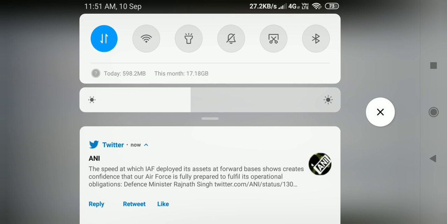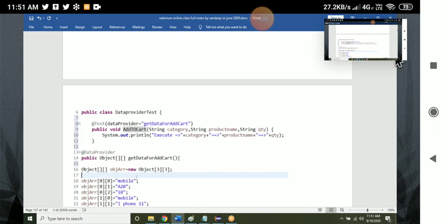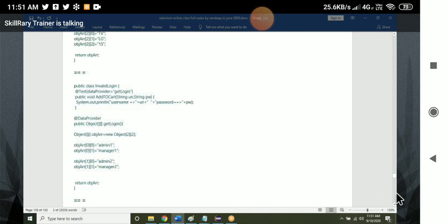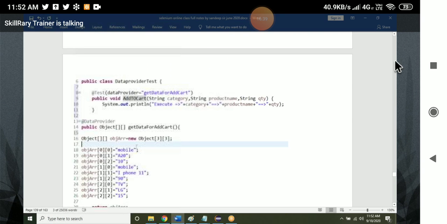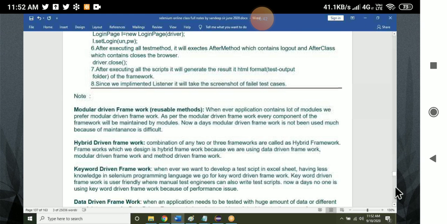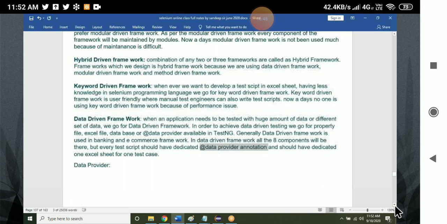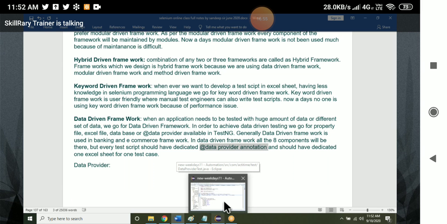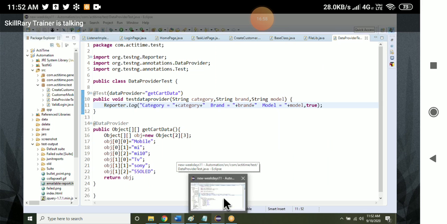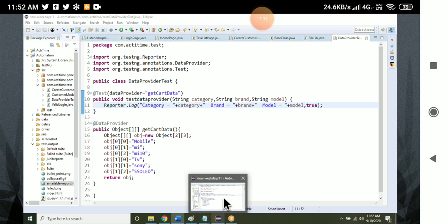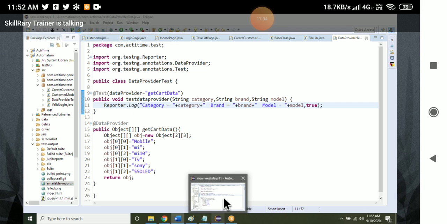Data provider is one of the annotations in testing, which is used for